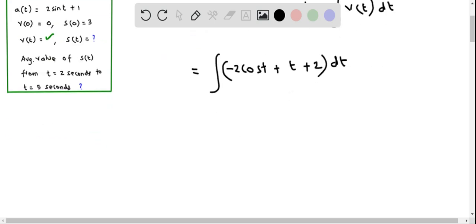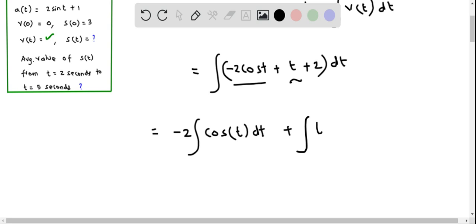We can write this as separate integrals. The first one will be negative 2 cosine t dt, and I can factor out the negative 2 and rewrite this as negative 2 times integral of cosine t dt. Then the next integral is integral of t dt, plus the next integral is 2 times dt, which I factor 2 and write as 2 times integral of 1 dt. And so this equals negative 2 times